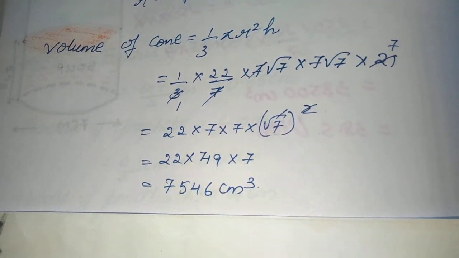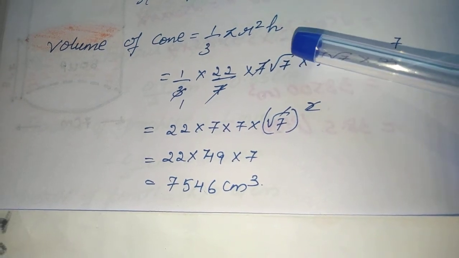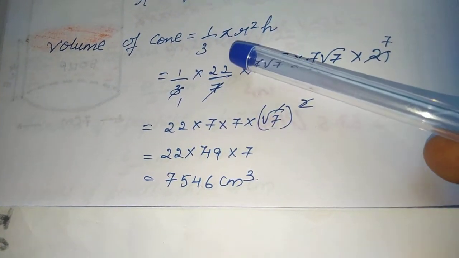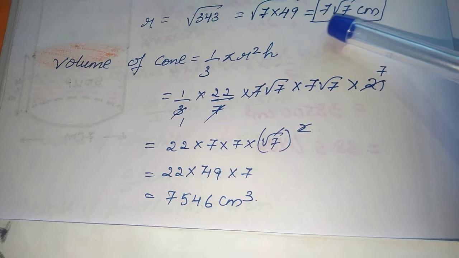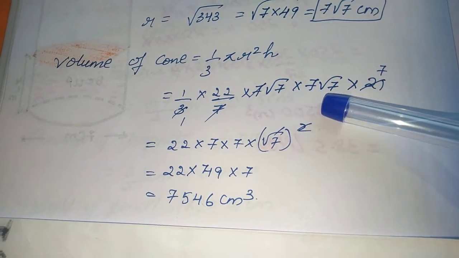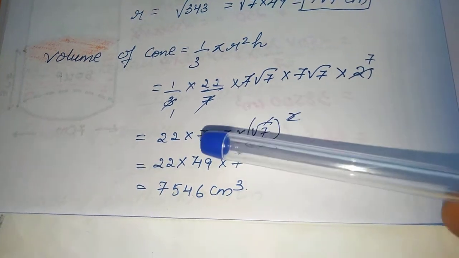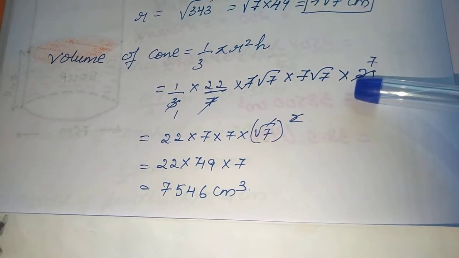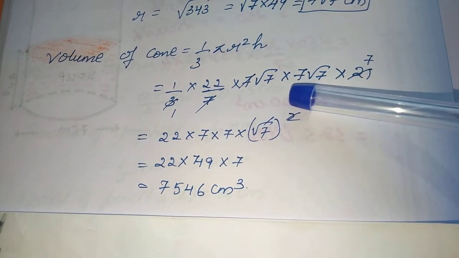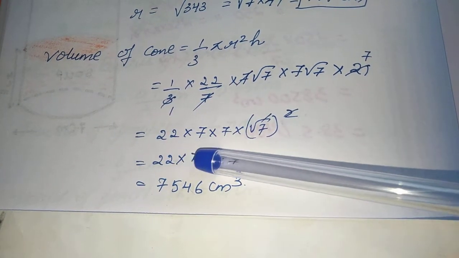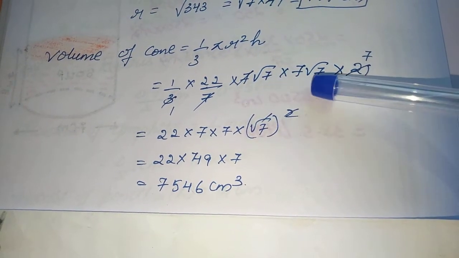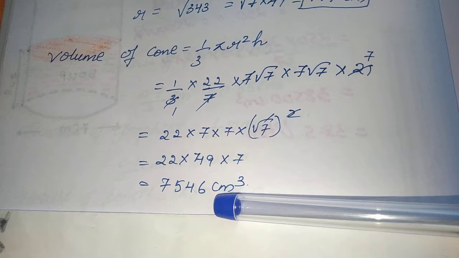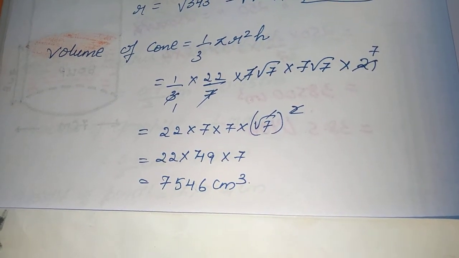Now again you need to find out the volume of the cone, children. Volume of the cone formula is 1 by 3 pi r square h. So I will substitute the values. 1 by 3 as it is, pi value is 22 by 7, r now I got as 7 root 7, so I will substitute here 2 times, and h as it is 21. 7 ones get cancelled, 3 sevens are 21, remaining all numbers will get multiplied. 7 sevens are 49 into 22 will get multiplied. Here 2 times root 7 is there, so root 7 whole square and square root got cancelled, remaining numbers after multiplication I will get 7546 centimeter cube.